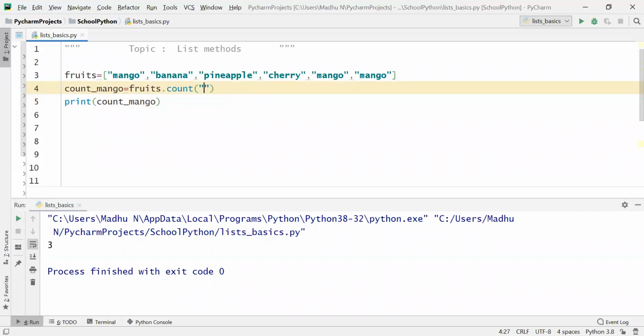So it will give you the number of times it has occurred. How many times does banana occur here? 1 time. So it will give you 1. If you give an item which is not present in the list, let us say coconut,